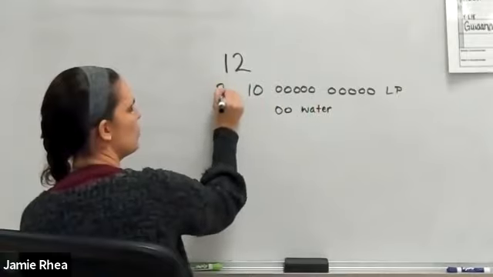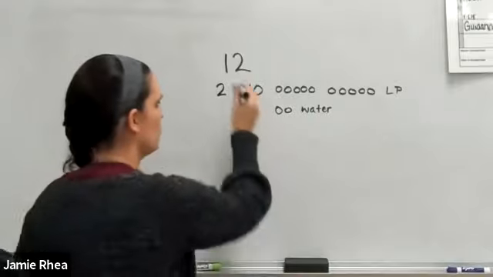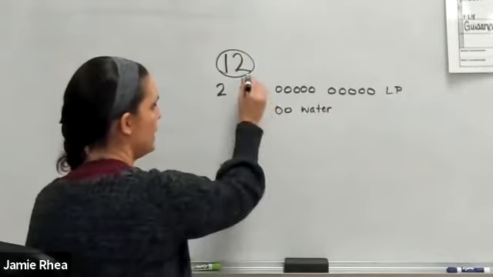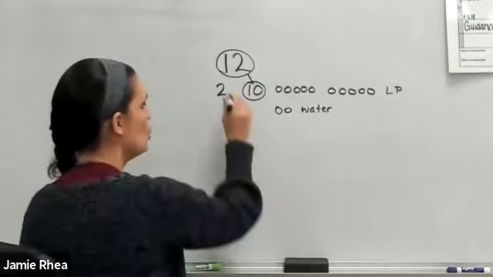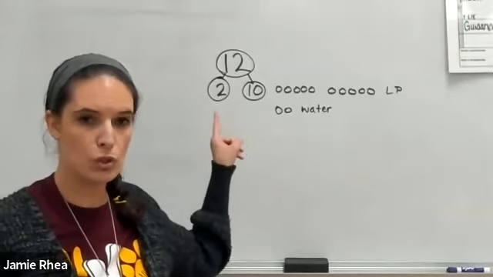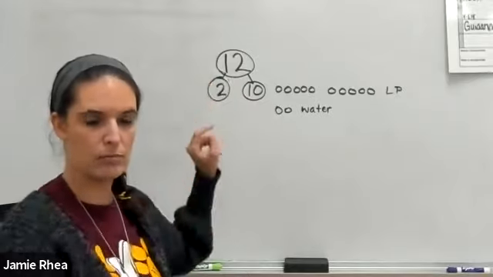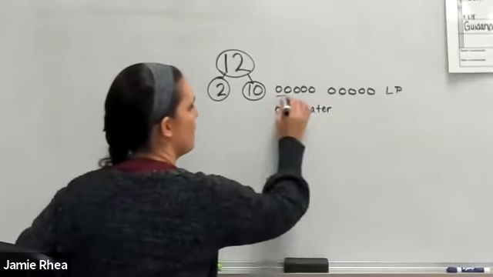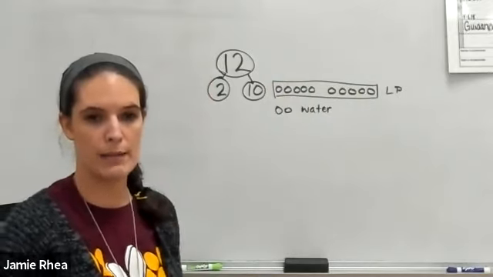Okay, I'm going to put my 2 right here. Now here's what I did. I've got 12 frogs. 12 is my total. 10 of those frogs are on the lily pad. 2 of those frogs are in the water. I know that 10 and 2 more make 12. All I did was break it down, okay? I had 12 frogs, 10 are on the lily pad, 2 are in the water, okay? Now,